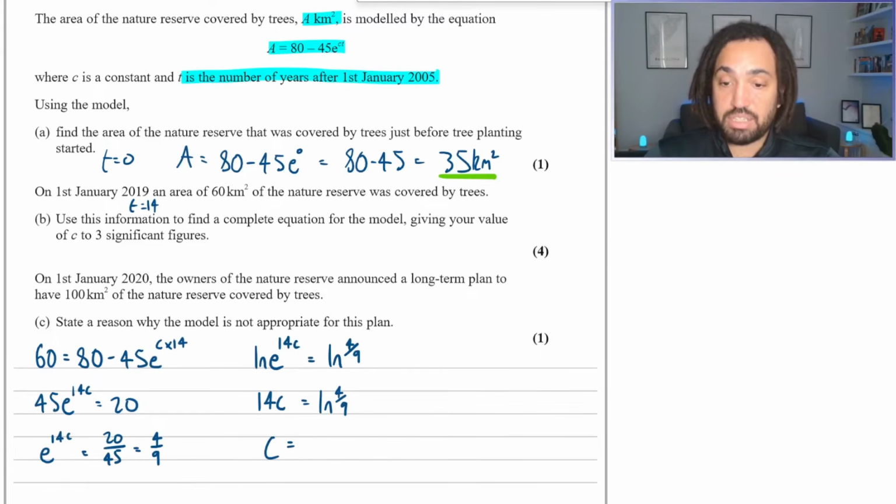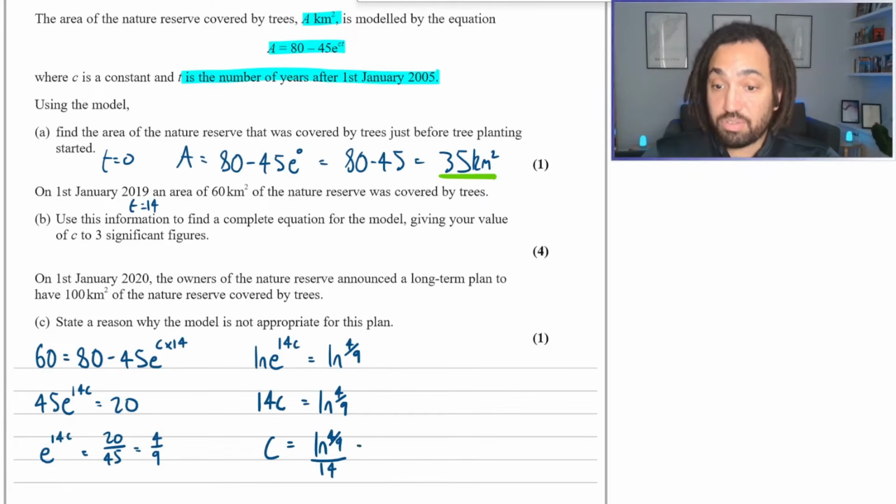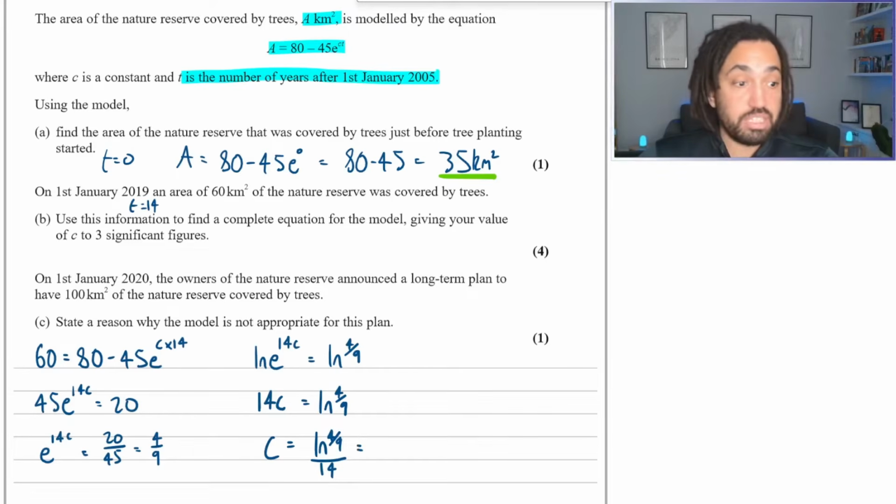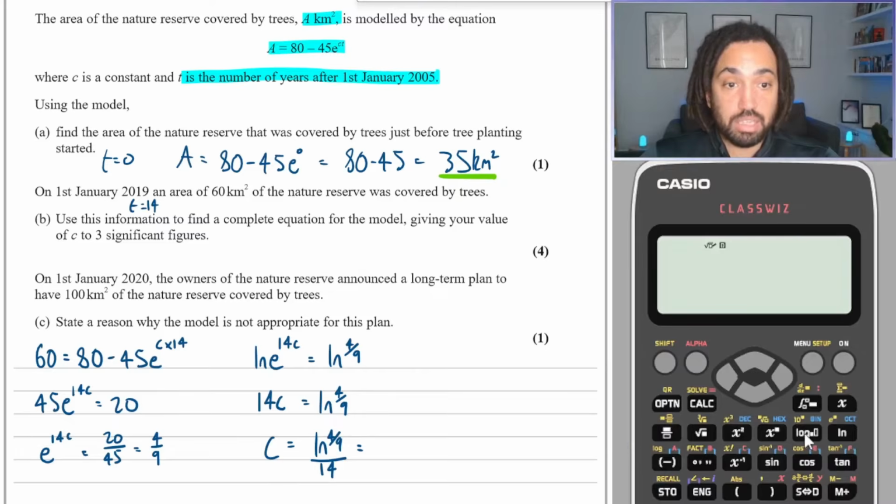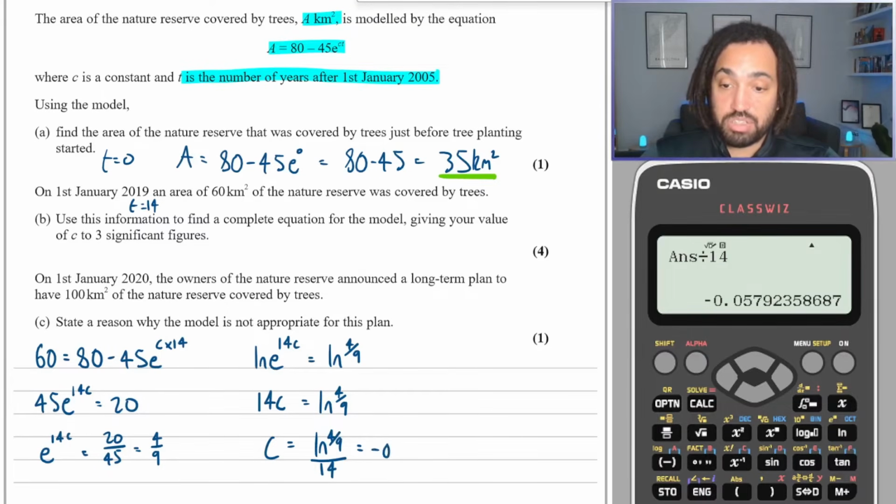So c is equal to ln of 4 over 9 over 14. It says give your answer for c to 3 significant figures. So I'm going to have to go to the calculator here and type in ln of 4 over 9, and then I need to divide that by 14. Okay, so I get minus